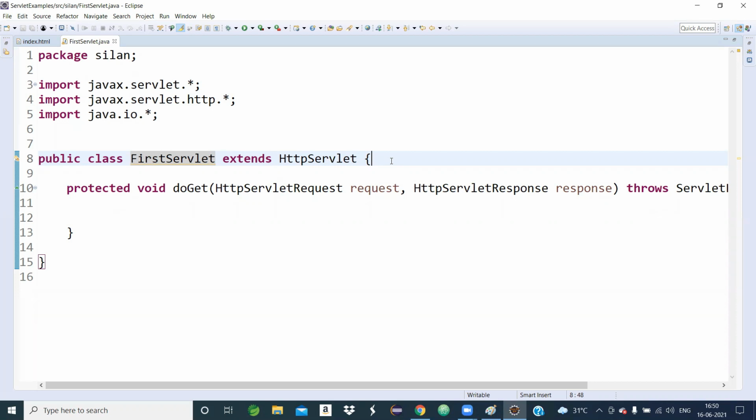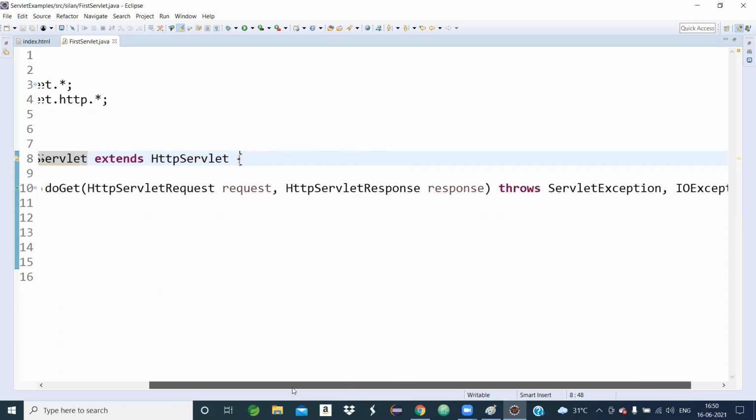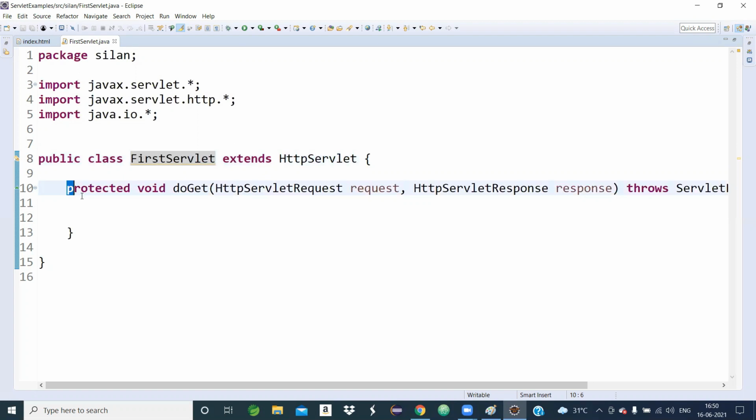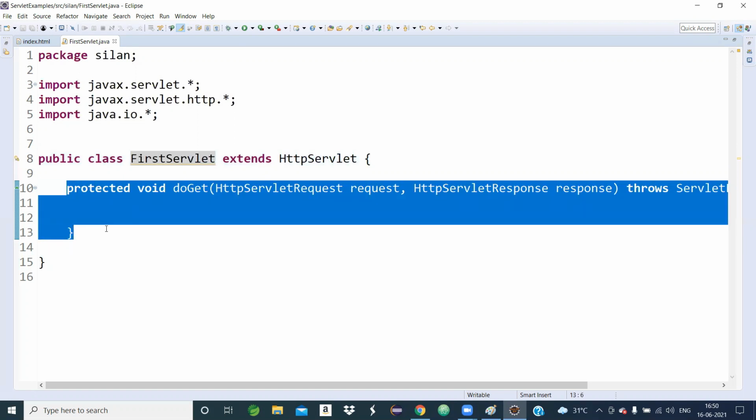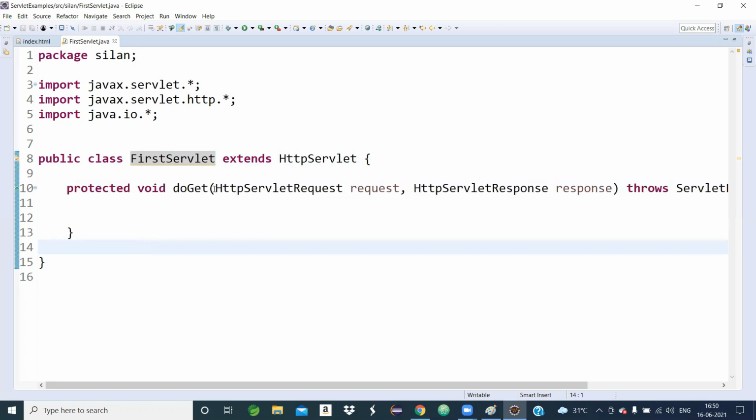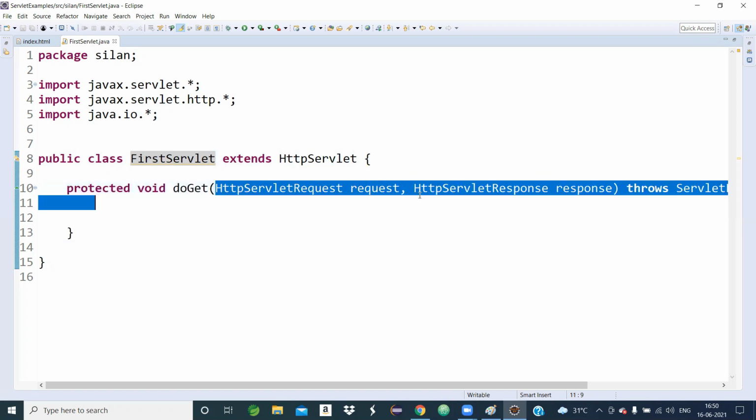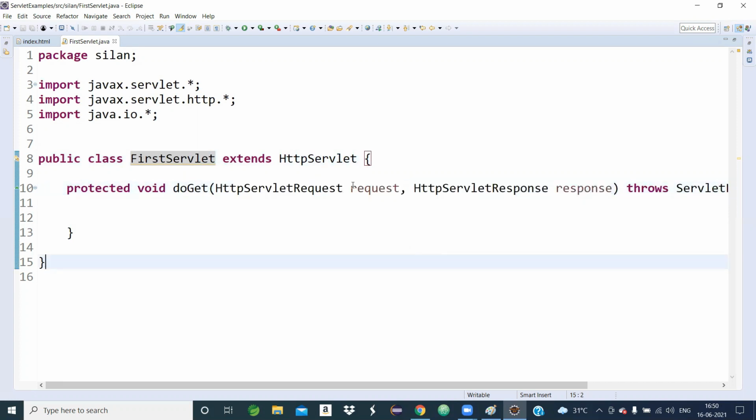Okay. Once we have specified the doGet method, see, this is the complete structure of the doGet method. The doGet method takes two objects, which automatically came.